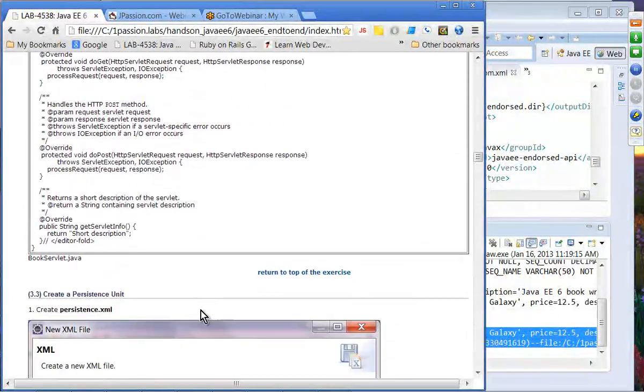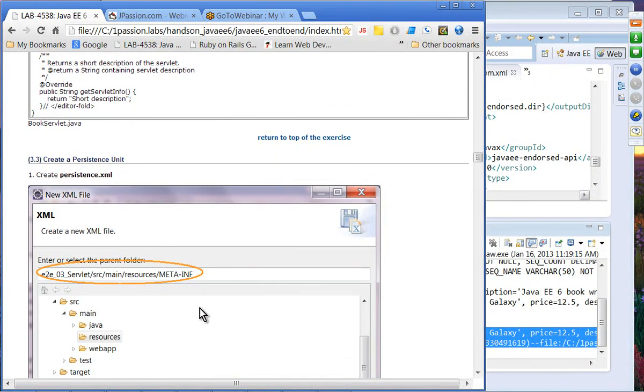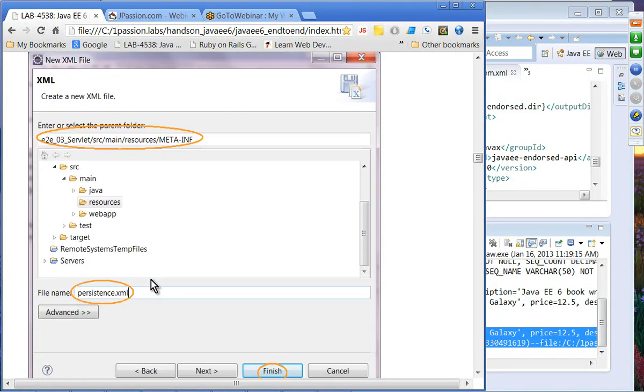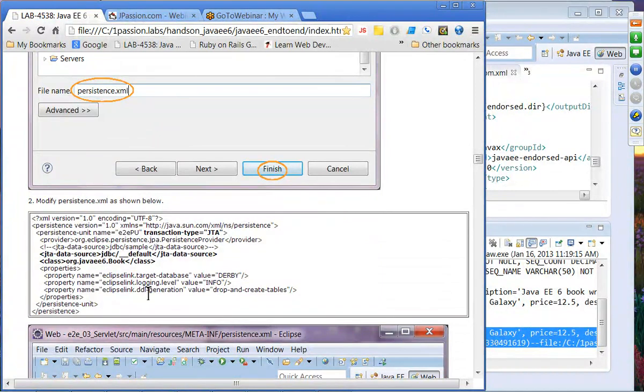All right, so now we have to create a persistence.xml file in a different location. So, again, it's the same. We can actually copy and paste as well, but we have to change it. So I'm creating a brand new persistence.xml file in the META-INF directory under src/main/resources. Now, the difference between this persistence XML file and the one that we have seen in exercise 2 is that now we are going to use a transaction type of JTA. Okay, so we are not using local resource,